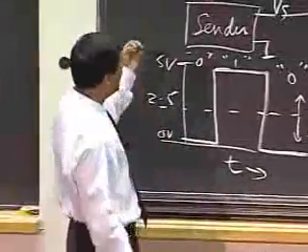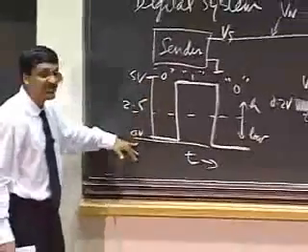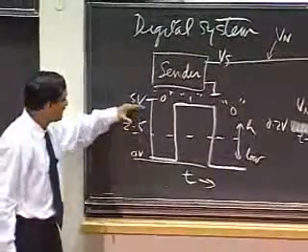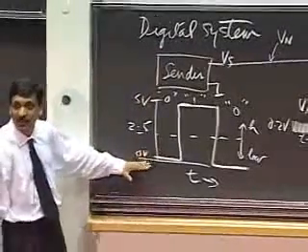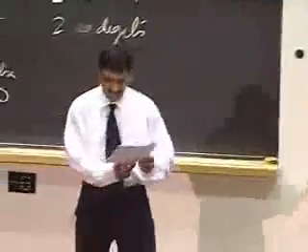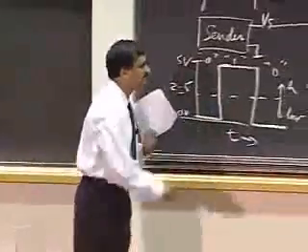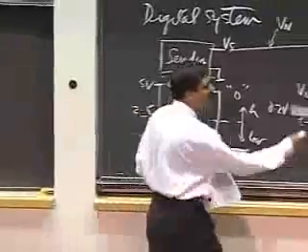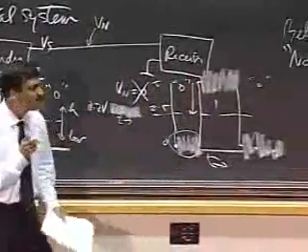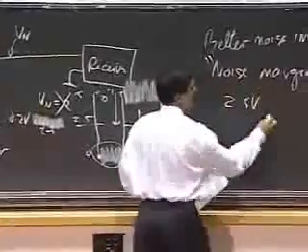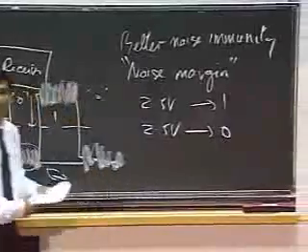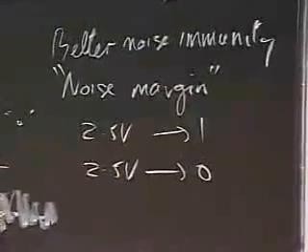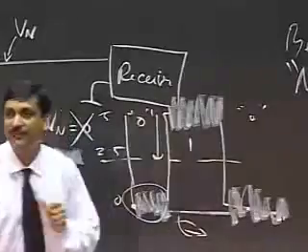Noise margin says how much noise I can tolerate. In this situation, because the sender sends 5 volts and 0 volts, the 5 volts can creep all the way down to 2.5 and I'll still be okay. Similarly, 0 could go all the way up to 2.5 and I'd still be okay. So in this case, I have a noise margin of 2.5 volts for a 1, and similarly 2.5 volts for a 0, because there's 2.5 volts between a 0 volt and 2.5.